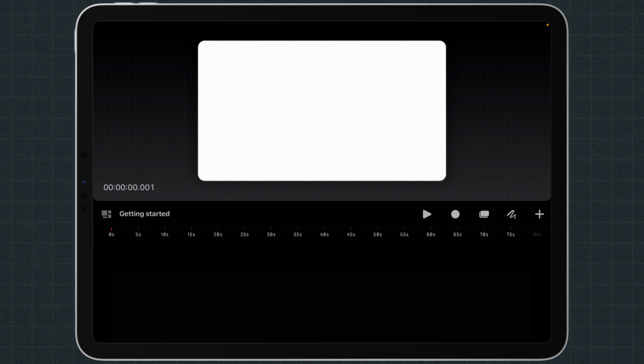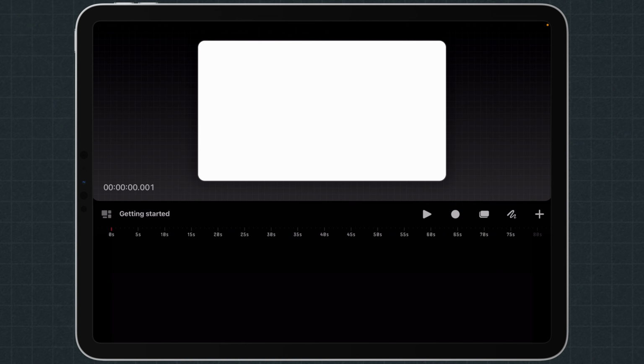So like I said, we've got the timeline at the bottom. If you're used to editing, once we start putting things in here, you'll see those layers start to build up like we did with the example before. Then you've got the play button here, so that will play through your animation. You've got the record button here, which I'll show you exactly what that does, but effectively you can have an element, say on the left-hand side of the project here, you hit record, you can move it across with your Apple Pencil, and once you stop, it will stop recording, but it will have recorded that movement as keyframes.